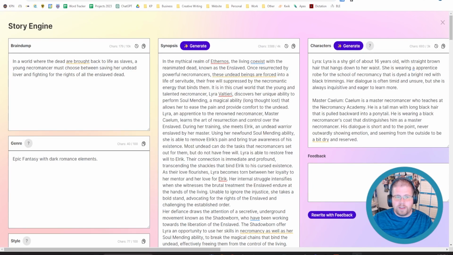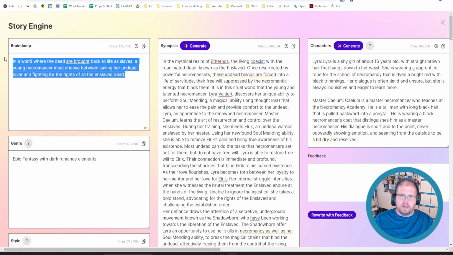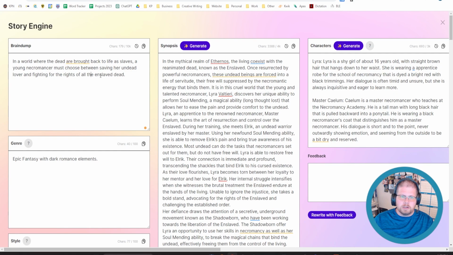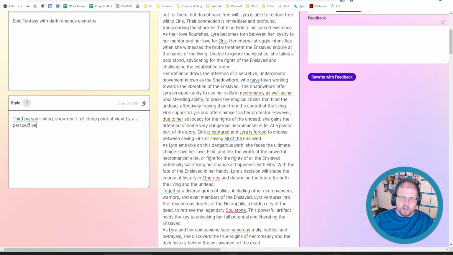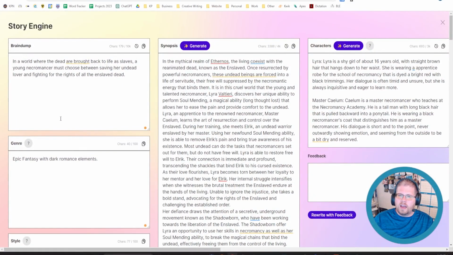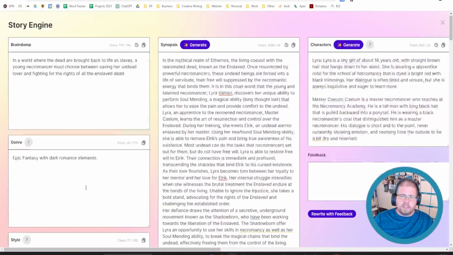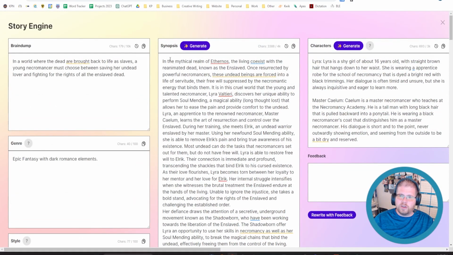So what we have here is Story Engine, and basically you can input all of the information that you have in your head, everything you want to brainstorm. You just put it all down here into this brain dump. You specify the genre, you specify the style. So I put here third person limited, show don't tell, deep point of view, that kind of thing. And then once all of that is entered, you come over here and hit generate, and it'll create a synopsis for you. You can then fix up that synopsis however you like, and then move on to the next step,